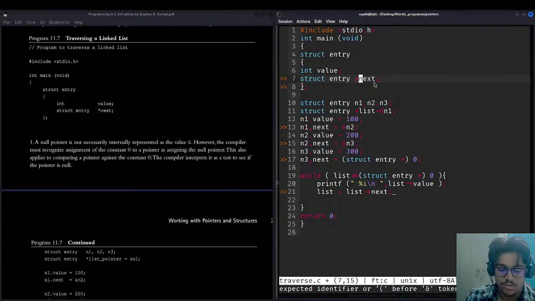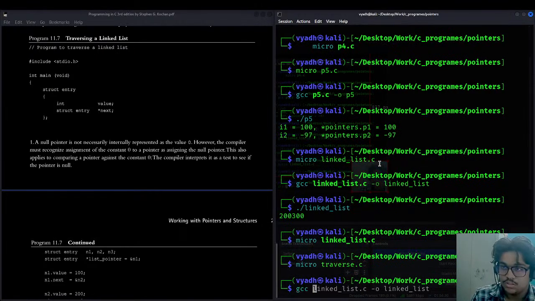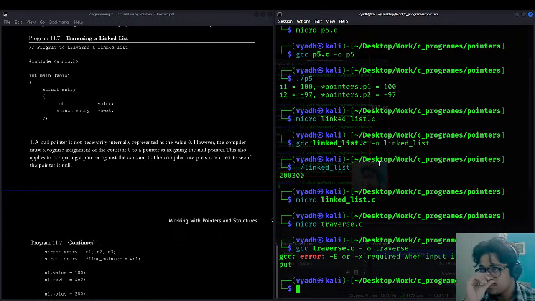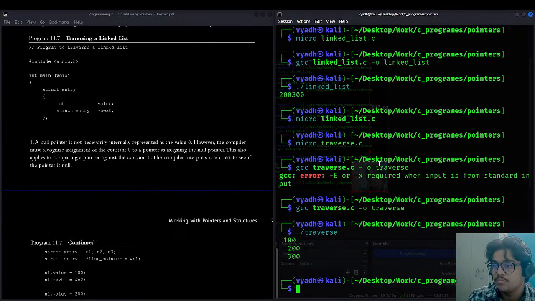Control S. So gcc traverse.c, writing the output. 100, 200, 300.